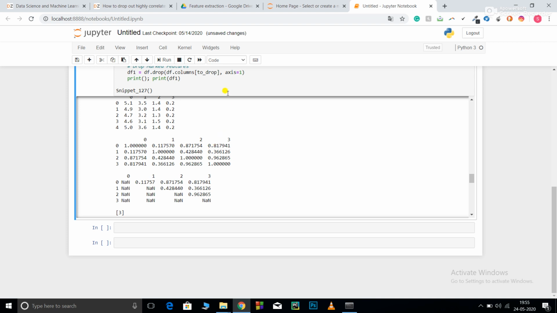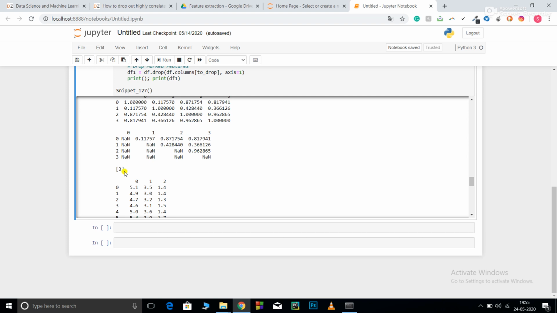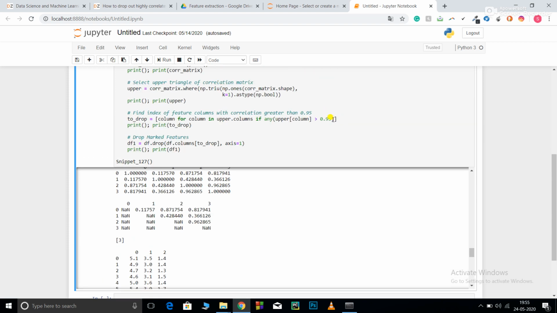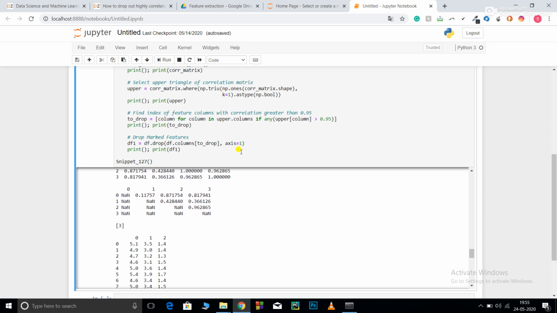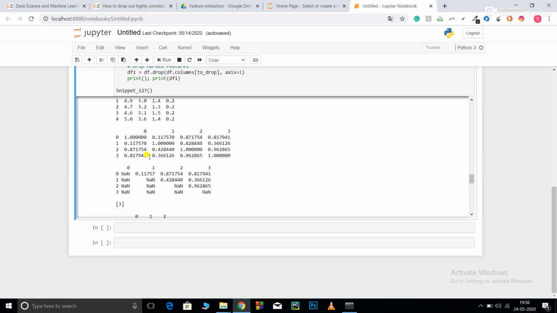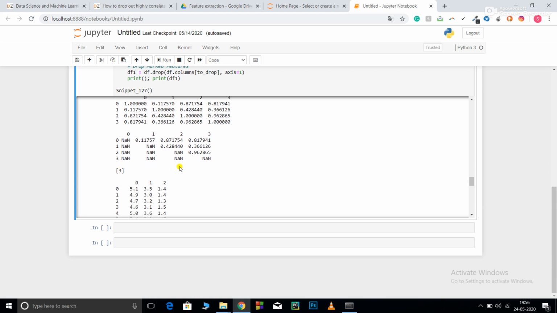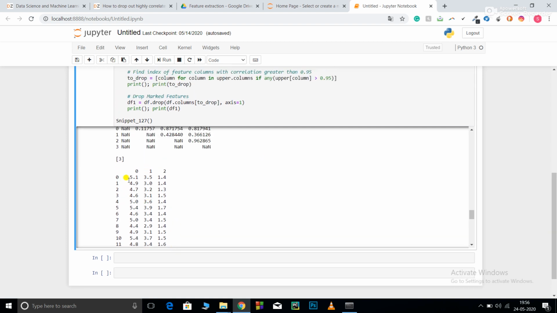Now for the correlation greater than 0.95, you can see my third row was a correlation in which my value was greater than 0.996. So I could have dropped either of the two, 2 or 3, because both have the same correlation with each other. If I had used the lower triangle matrix, it would have given me 2. So here you can see 0.96. Now this was 3, and it is saved under the name to_drop. I have dropped it, and you can see the only columns left with me are 0, 1 and 2.